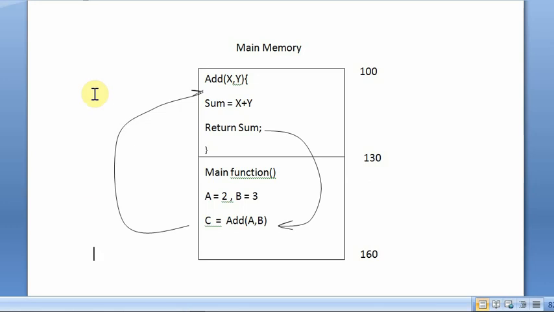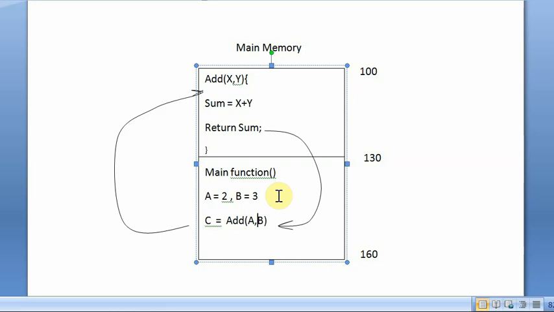So in the main memory it is allocated like this. Suppose in the main memory from address 130 to 160 the main function is stored, and in this main function two variables a and b are created, the value of a is 2 and the value of b is 3.